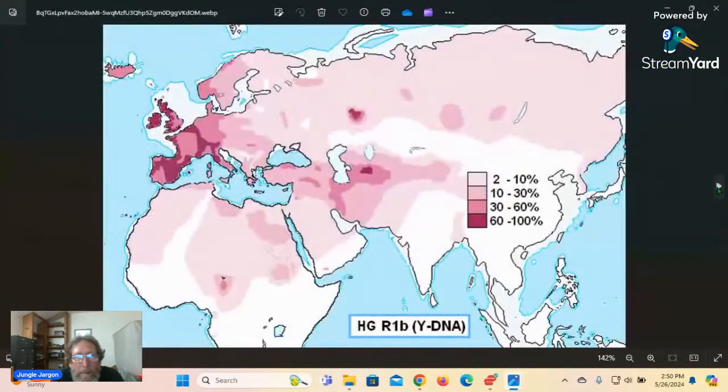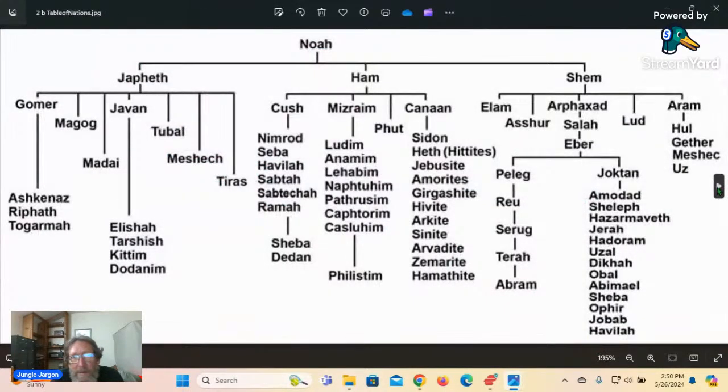So these are the 16 grandsons of Noah. These are the 16 original ancient civilizations: Gomer, Magog, Madai, Javan, Tubal, Meshech, Tiraz, Cush, Mitzrayim, Put, Canaan, Elam, Asher, Arpachshad, Lud, and Aram. So the Aram of the Arameans, Lud of the Lydians, Arpachshad of the Hebrews and Arabs, Elam of the Elamites, of course, Canaan of the Canaanites, of course, Mitzrayim of the Egyptians, of course, Cush of the Cushites, of course, Tiraz of the Thracians, of course,